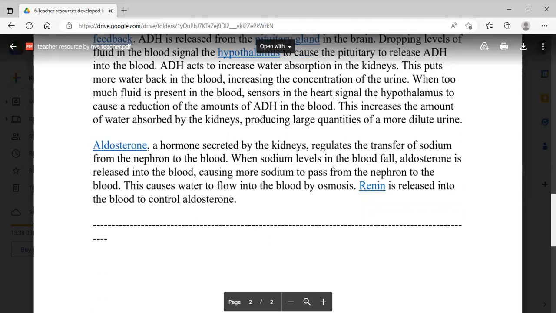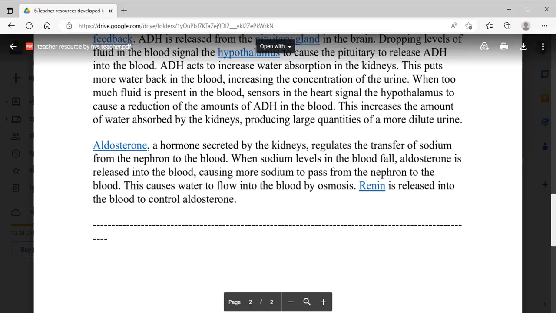hypothalamus to cause a reduction of the amounts of ADH in the blood. ये ज्यादा वाटर बैक करता है ब्लड में और इसका कंसंट्रेशन यूरिन का बढ़ाता है। When too much fluid is present in the blood, जब बहुत ज्यादा फ्लूइड होंगे ब्लड में तो हार्ट के जो सेंसर्स हैं वो हाइपोथैलेमस को फिर सिग्नल देंगे ताकि एडीएच का रिलीज बंद हो जाए और एडीएच ब्लड में कम हो जाए।